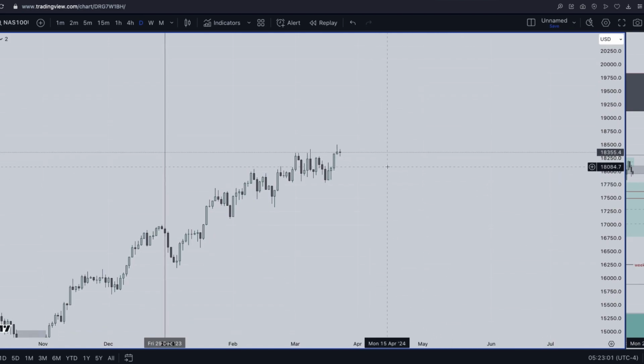Because if you're trying to catch the top, bro, let me tell you something. You will fail many times trying to catch that top. You will break even many times. Let's say you took a sell here, maybe you took a sell here and you're expecting price to drop, comes back down, takes you out. You try it again, comes back. Why don't you just trade what you see? Take a sell, take a buy. You understand? Take a sell, take a buy, and just keep going like that until price decides to drop.